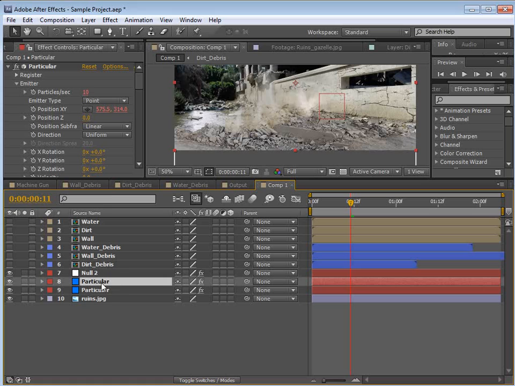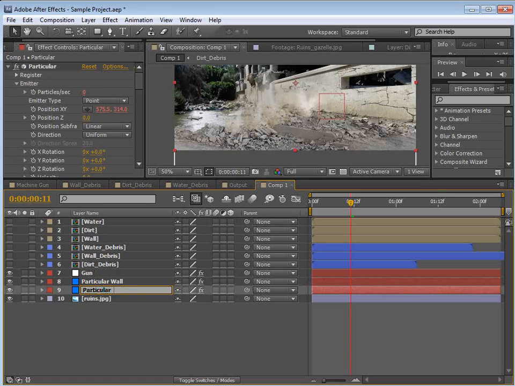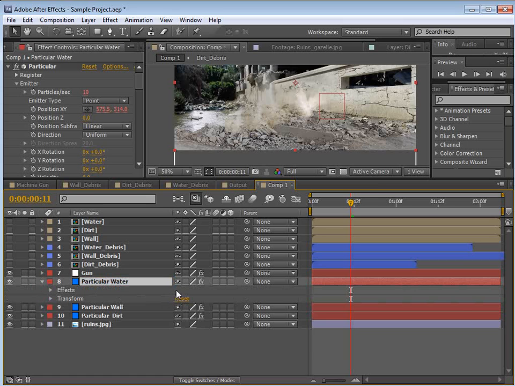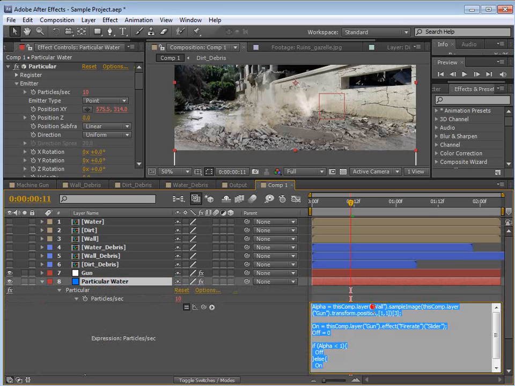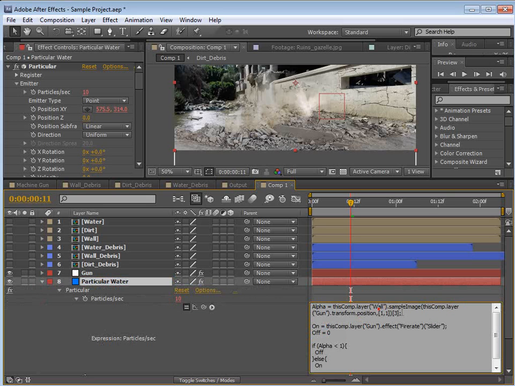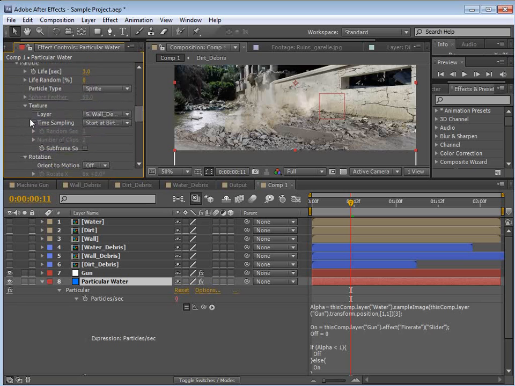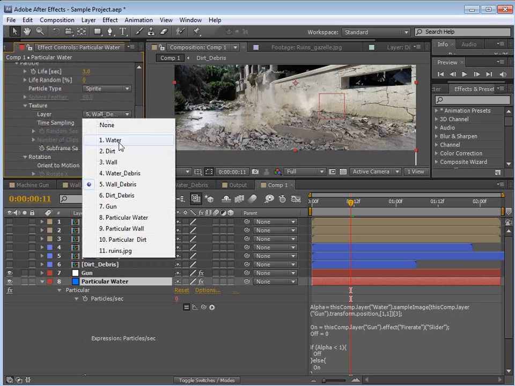Now let's go ahead and rename this. We'll call this particular wall, and the one below this particular dirt. And then we'll take the wall and duplicate it again, and call this water. I'll hit U, which brings up the expression again. We'll click in here, and again change this from wall to water, and go into the particular settings and change the layer of the sprite to the water,